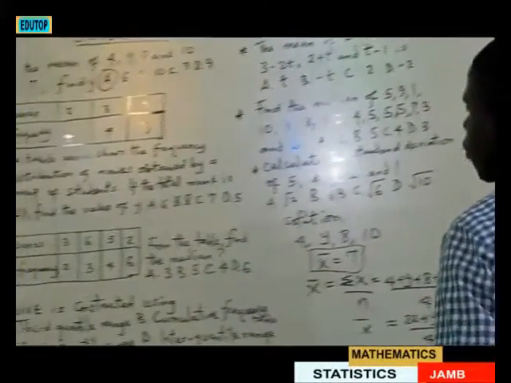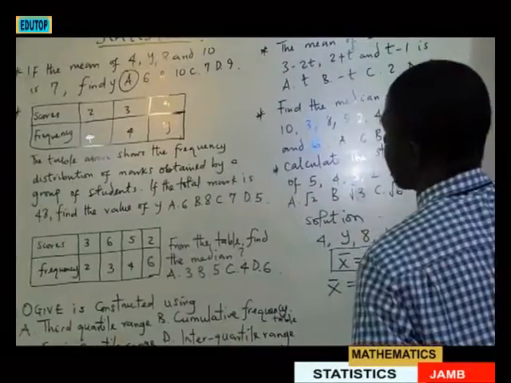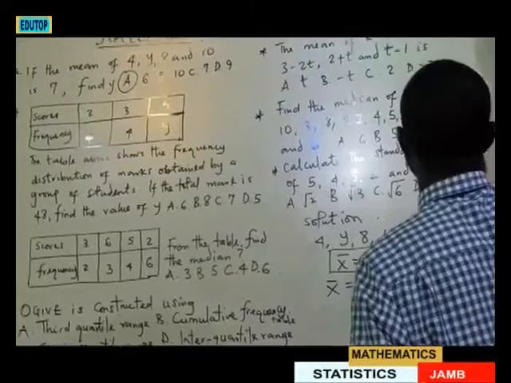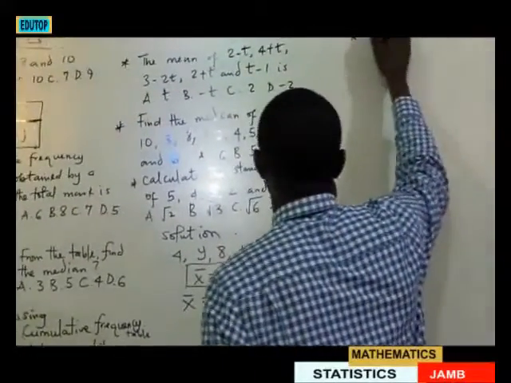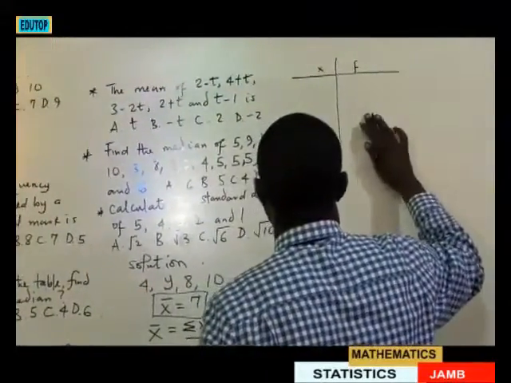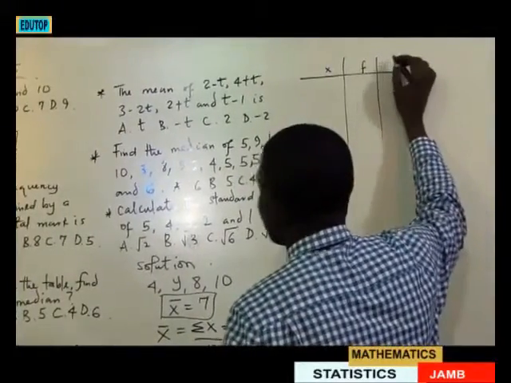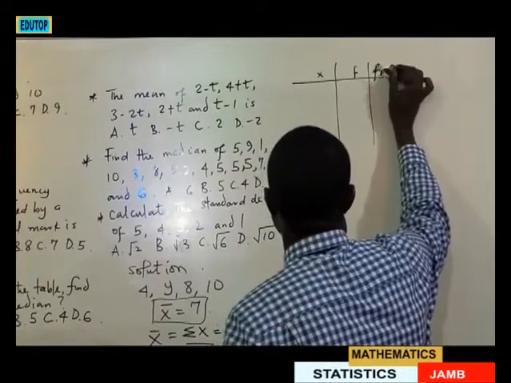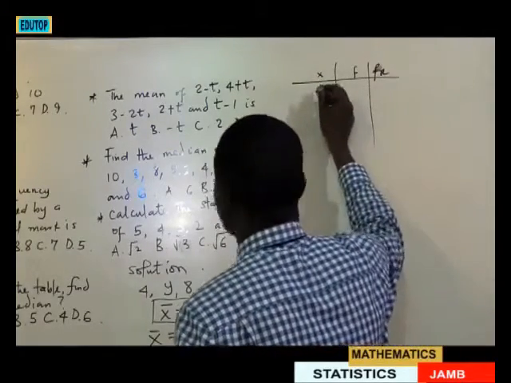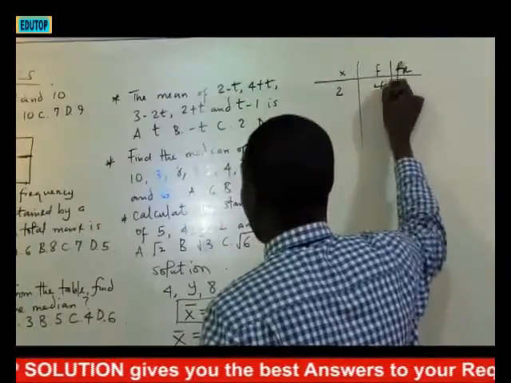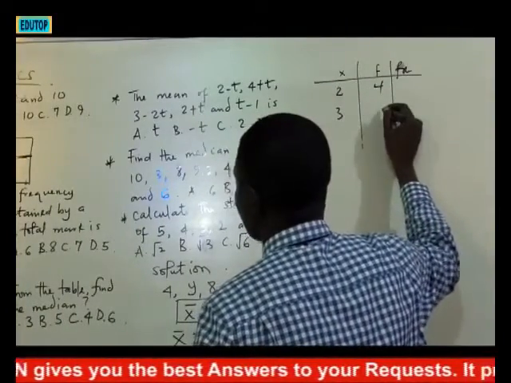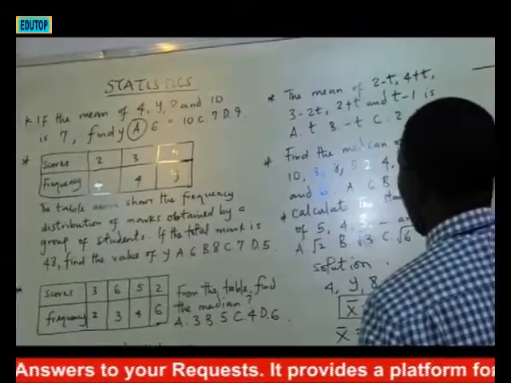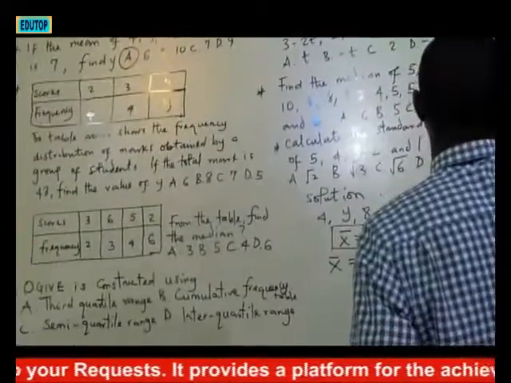So if you are calculating, just like we have x and f, we have x, we have f, then we have f of x, for example. But here, our x is 2 with corresponding frequency 4, 3 with corresponding frequency 4, then 4 with corresponding frequency 1. So by that we want to calculate